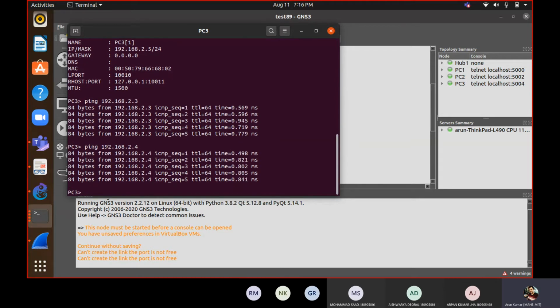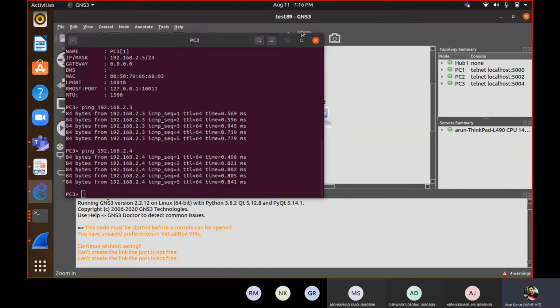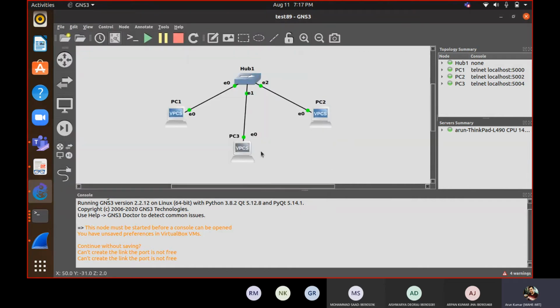Now what we have to observe here: first we have observed that there is no connectivity issue. Second thing we will see: suppose we are communicating from this device, .5, from PC3 to PC1, we have started communication. We are pinging from here to here. Then we will capture packets here.